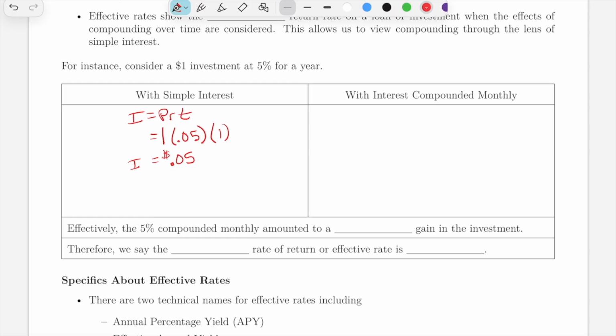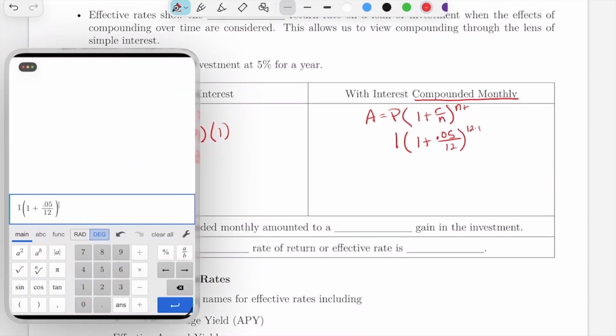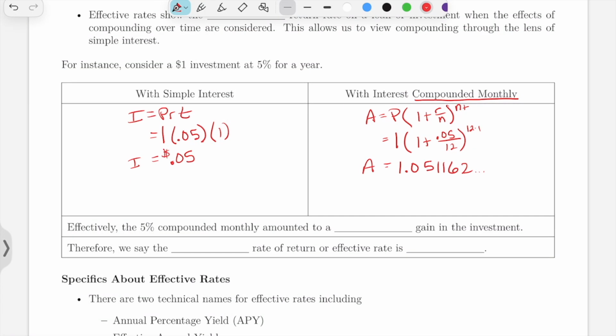When we do this compounded monthly, we're still going to say, let's invest that $1 at 5%, but compounded monthly, and we'll see what happens. A little over $1.05. Now, we only get paid out to the nearest penny, which would be 1.05, and that looks the same, but notice there's actually a little bit more to it. If we subtract off that $1 initial investment so that we can find the actual change that has happened over this time span,